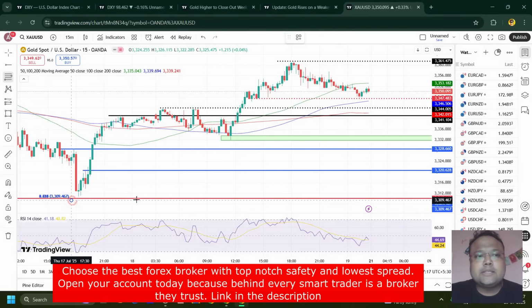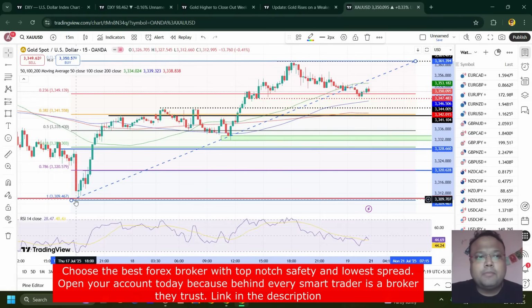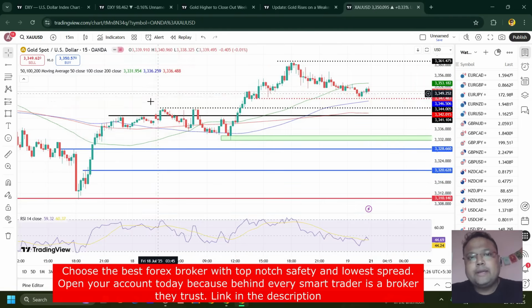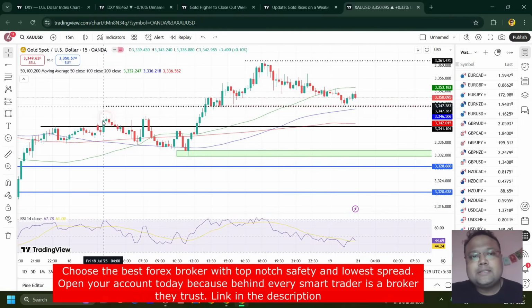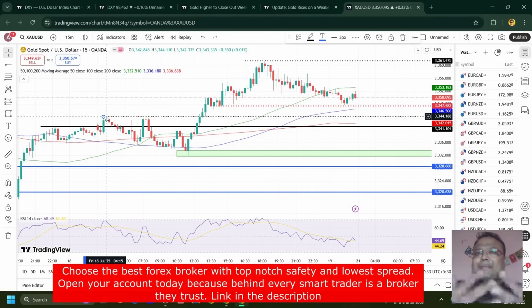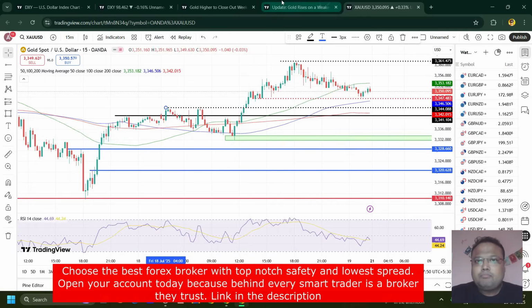Why are we considering this area as a support for gold for Monday? Because of Fibo. You can see we have the Fibo 38.2% retracement level, plus we can see that the previous resistance will be working as support. We have combined price action and Fibonacci, and we have derived 3341-3344 as a support in a market condition where there is not much crazy volatility, especially on a Monday market. We can expect that it will provide support to the market.